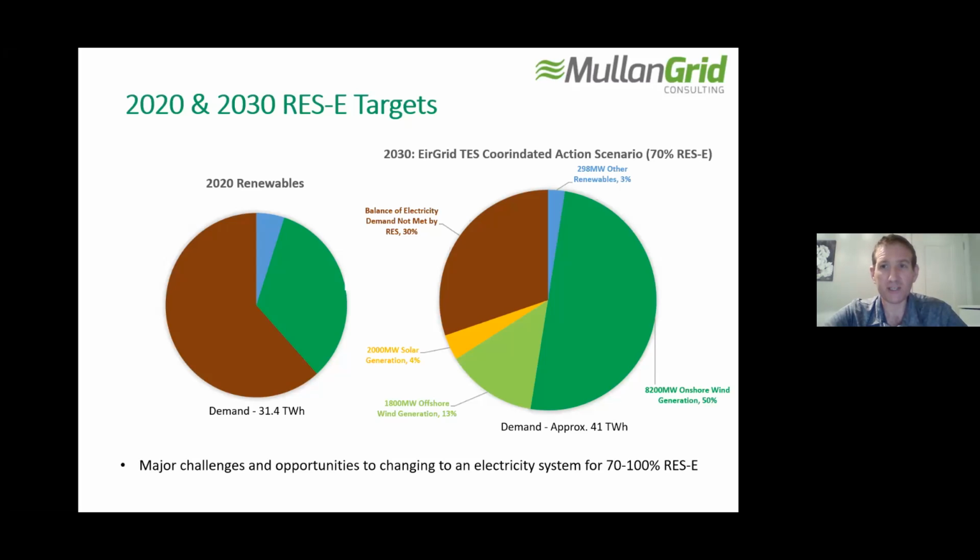And it's a new exciting area, but we will need that sort of long-term storage to be able to accommodate all this renewables on our system. So anyway, that's just setting a wee bit of the context. And partly